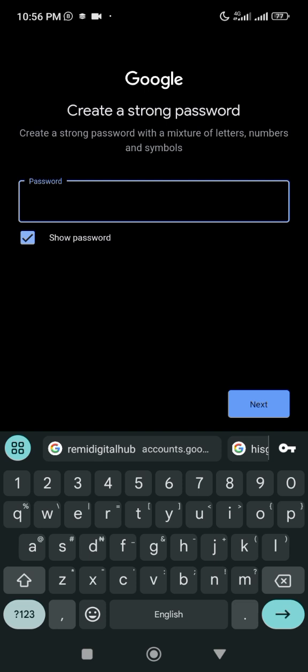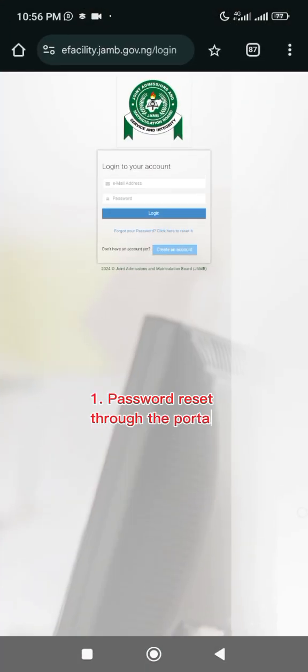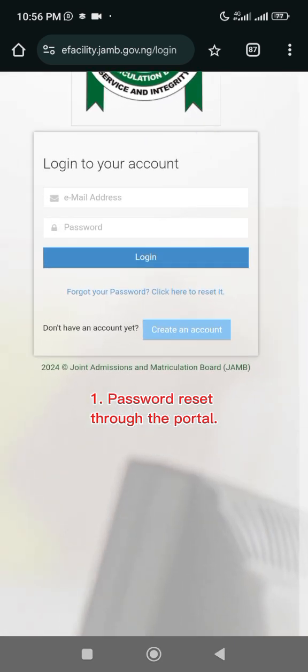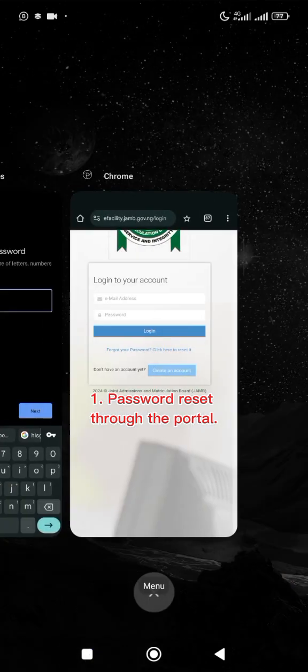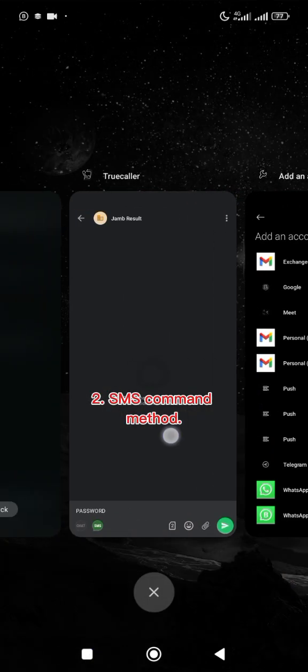So now I've shown you three different methods you can use. The first one is to reset the password through this portal if you have access to the email address, and the second one is to use the SMS method if you still have access to the phone number,